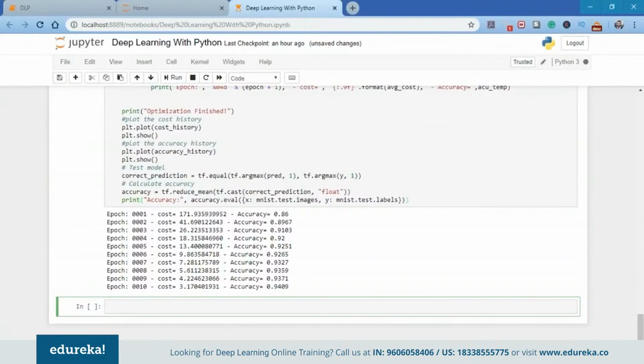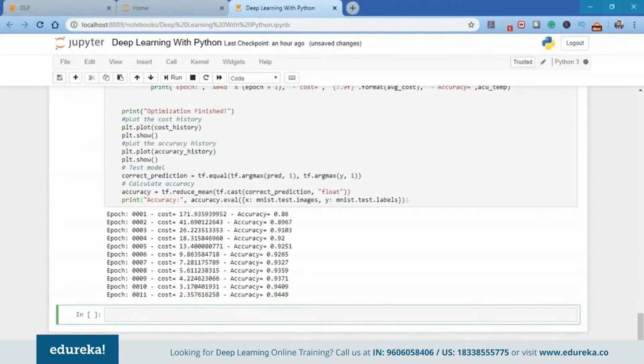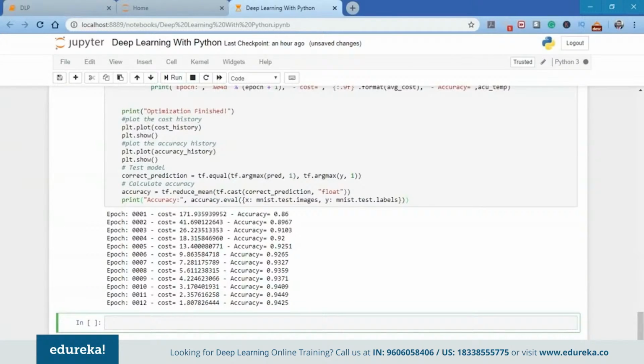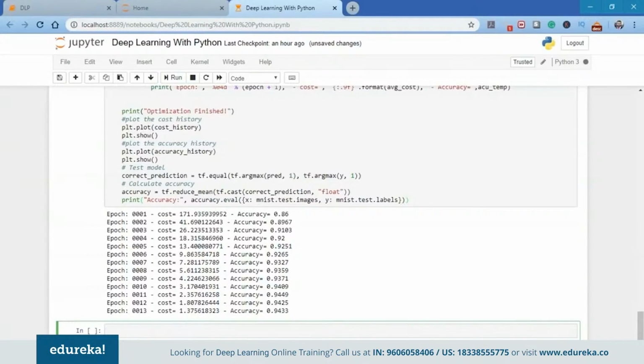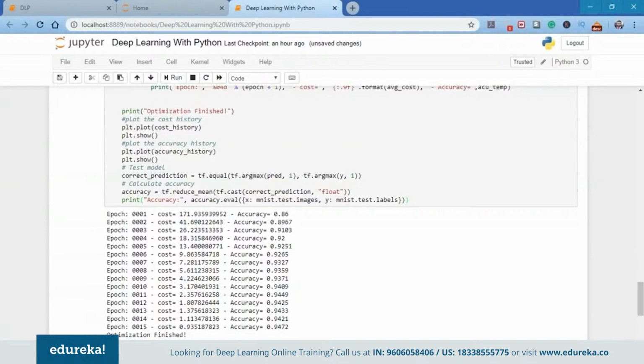The hyperparameters we talked about, the epochs, batch size, and the number of perceptrons in the layers, these parameters should be chosen wisely, and that is where the experience of a data scientist comes in. The data scientist has experience, and this can only be achieved with lots of practice.